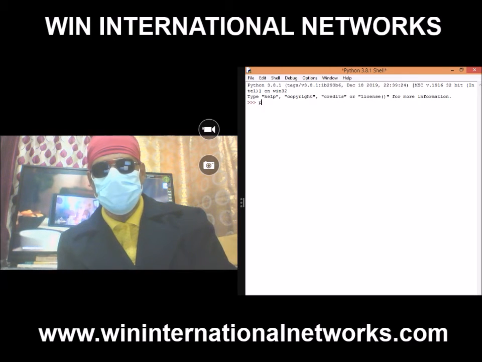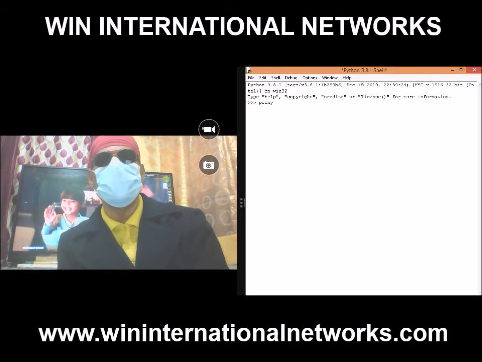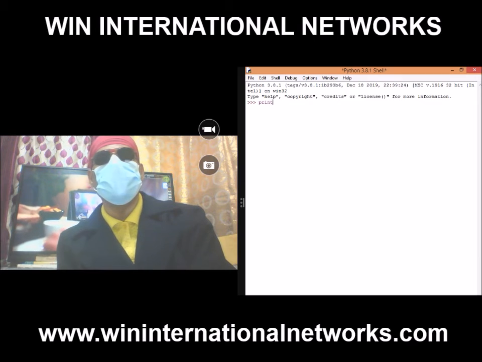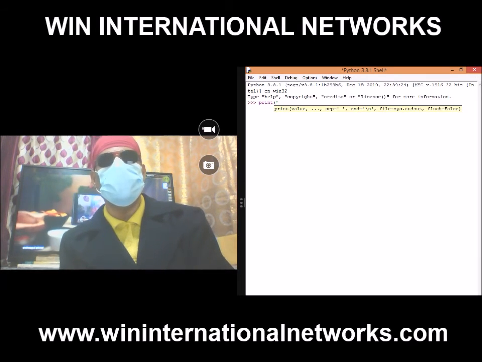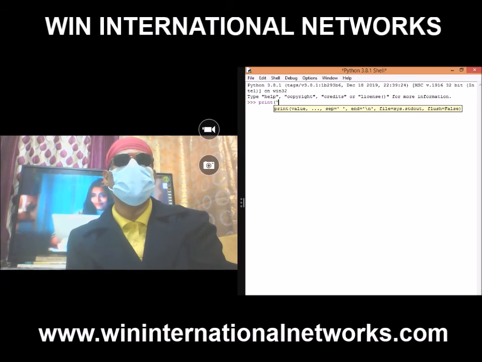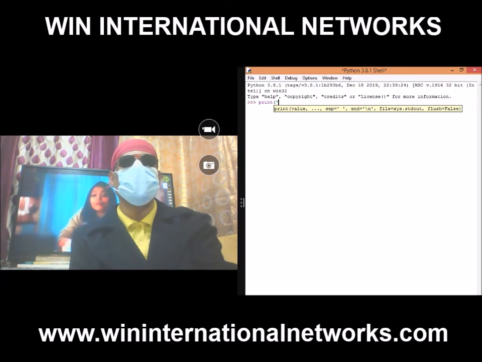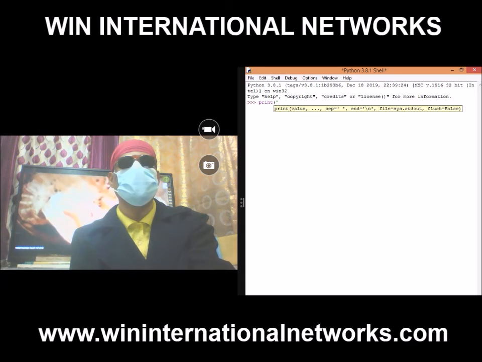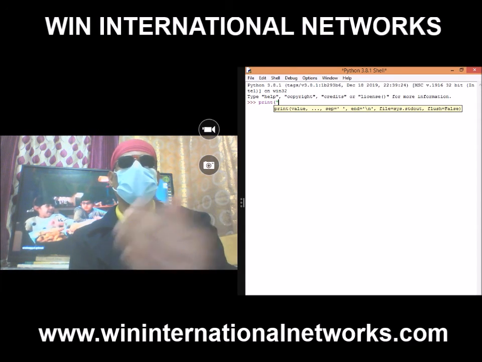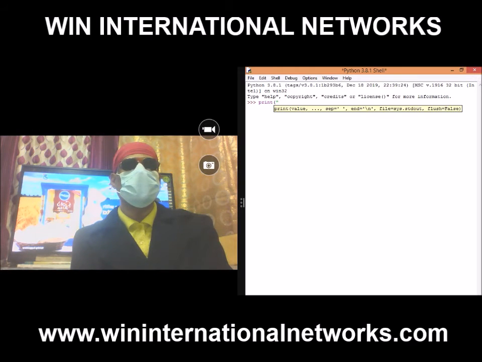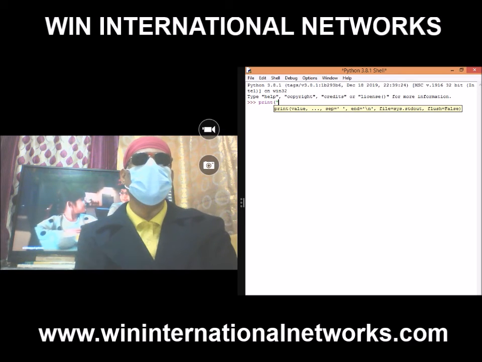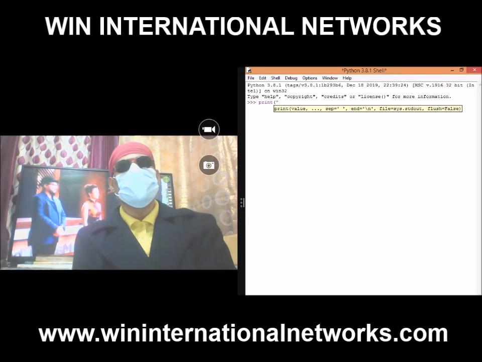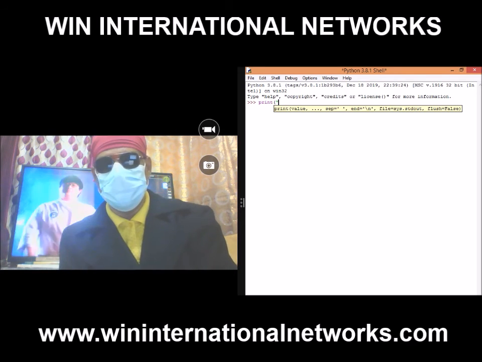For example, I put print, bracket open, quote open, double quote. So the syntax you can see here, it will show you the example how to type the syntax. So here value, then what is what, like that. It will show you the syntax format. So you see that this is closed with the quotes. So print, then I put here hello,